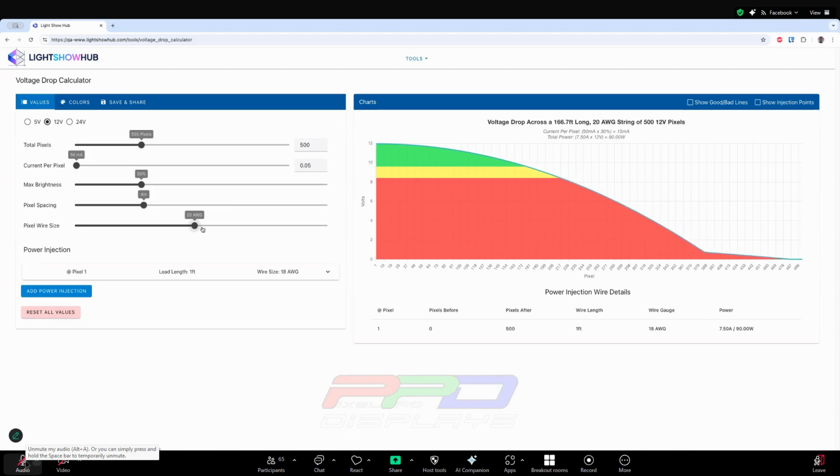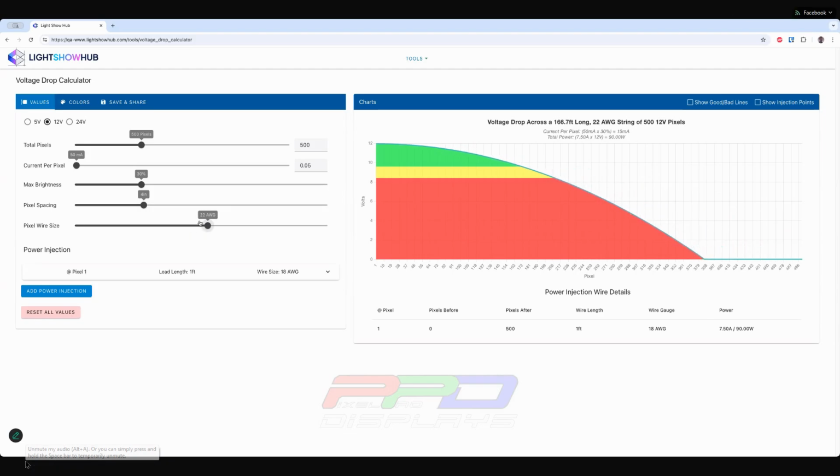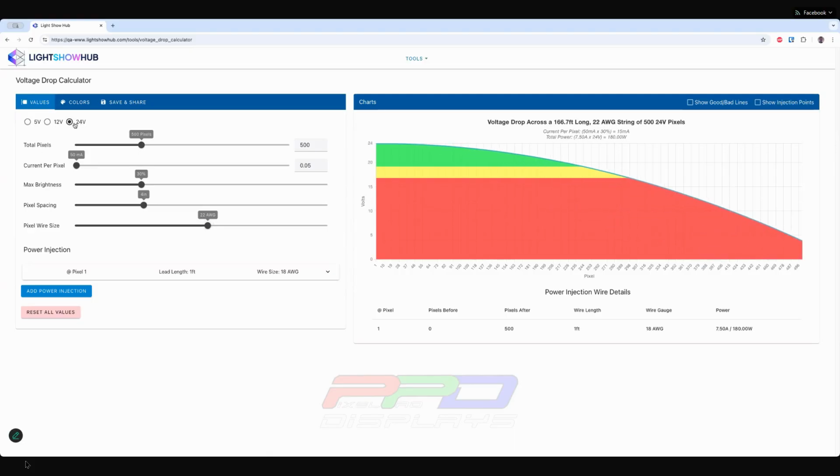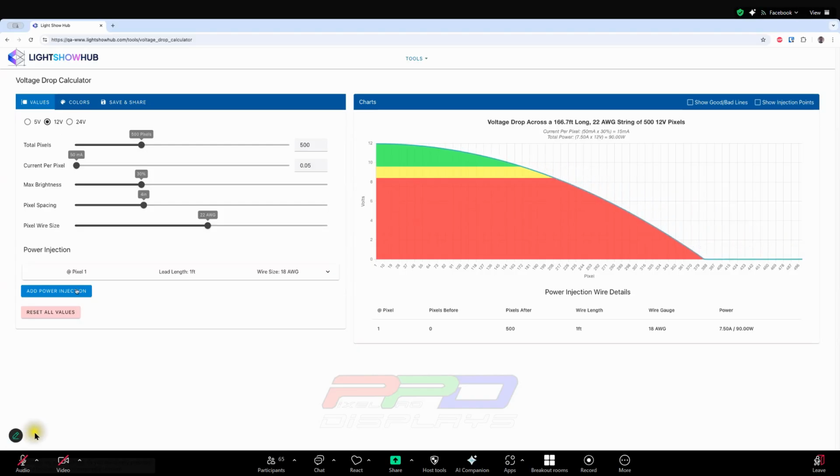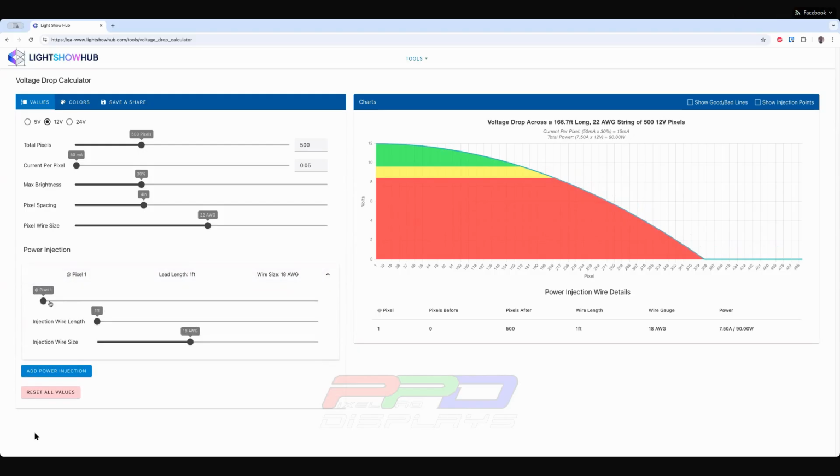2022 is probably more accurate for the pixels that we use. But you can see here that we have 500 pixels at 12 volts. If we change that to 24 volts, that does quite a lot better than 12 volts. Then you can see all of the different areas of power injection, and it defaults with power injection being at pixel 1 with an injection wire of 1 foot at 18 gauge,